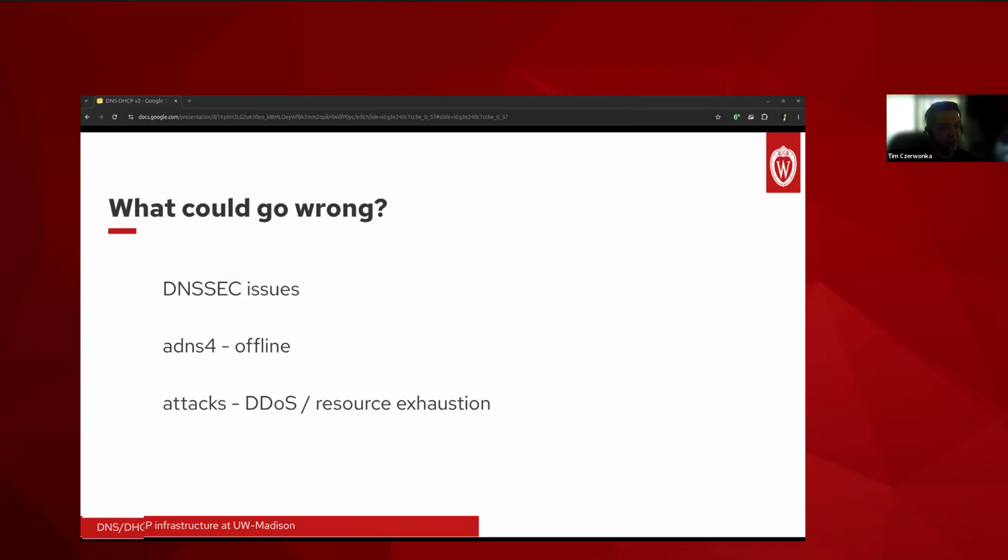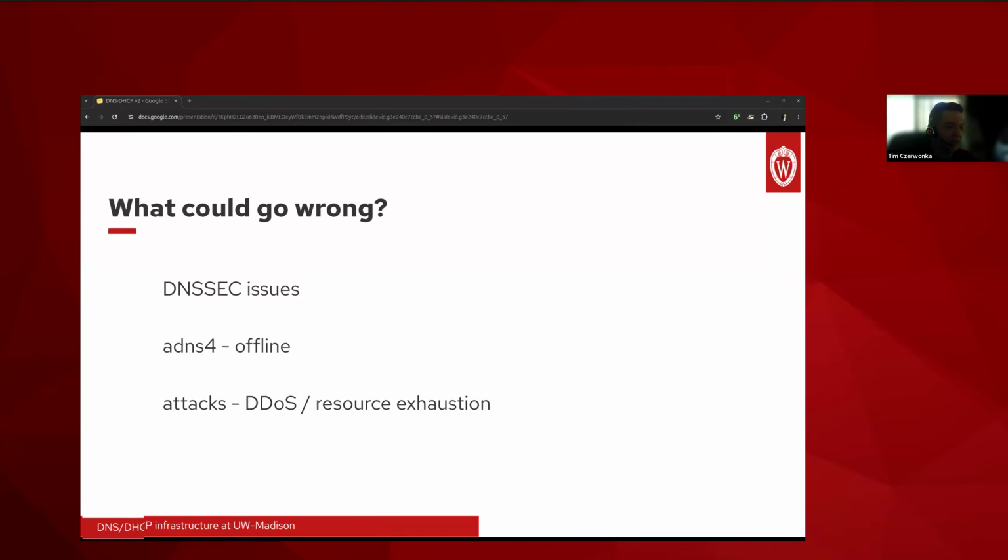So DNS attacks, there's two notable kinds that I'll talk about: DNS amplification and resource exhaustion. DNS amplification: if you can spoof an address on the internet, you can cause open DNS resolvers to send tons of answers to poor clients that didn't ask for these results in the first place. And if you're running a recursive resolver out on the internet and this happens, congratulations, you are participating in a DDoS attack.